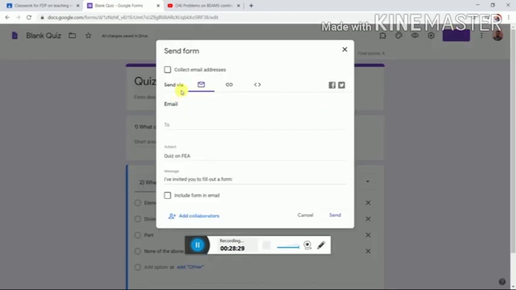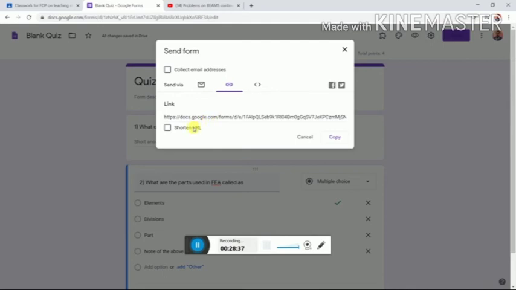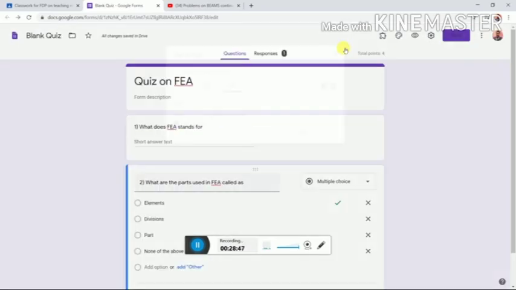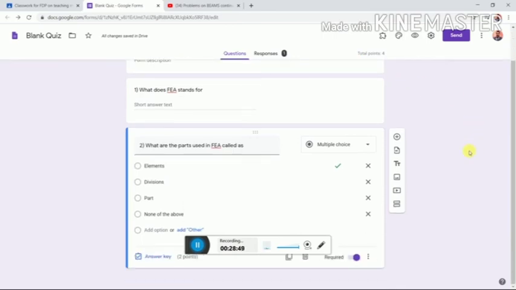See here, send via, how you want to send. Link. Okay, shortened link. Okay, copy this link and you can share this link to everyone.